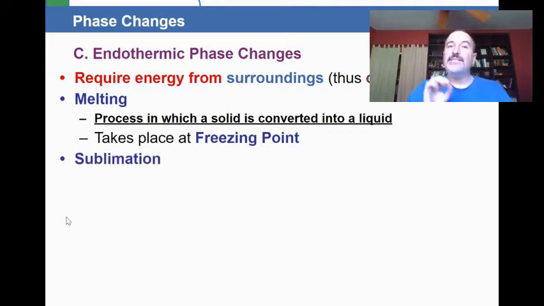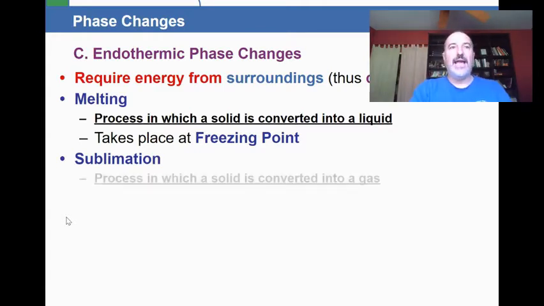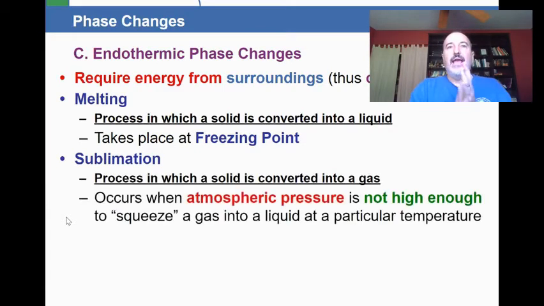Another example is sublimation. This is the opposite of deposition. Sublimation occurs when you have dry ice and it goes directly into a gas. All right. And it occurs when atmospheric pressure is not high enough to squeeze a gas into a liquid at a particular temperature. All right. This occurs with dry ice because carbon dioxide's intermolecular forces are not strong enough to make it into a liquid